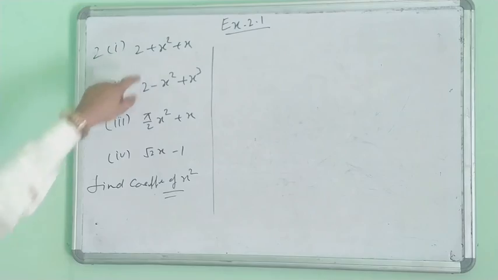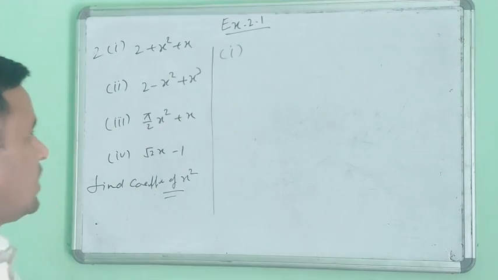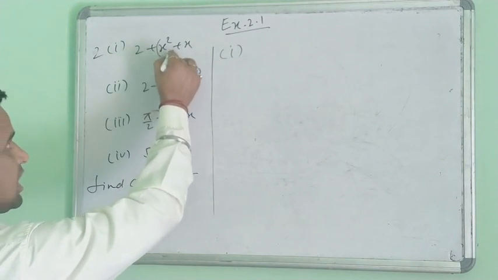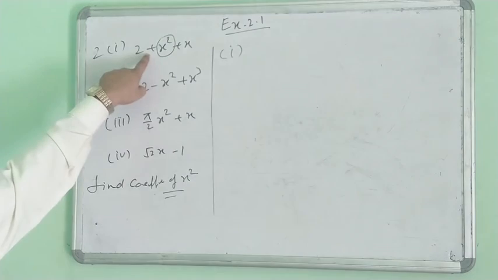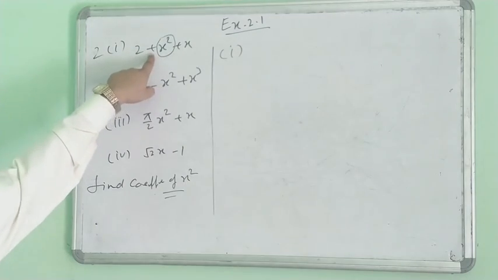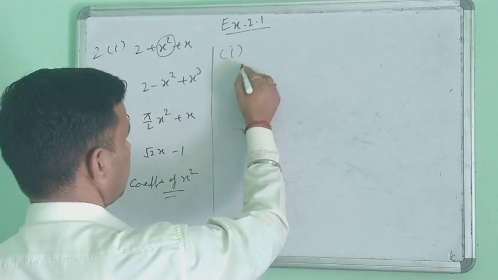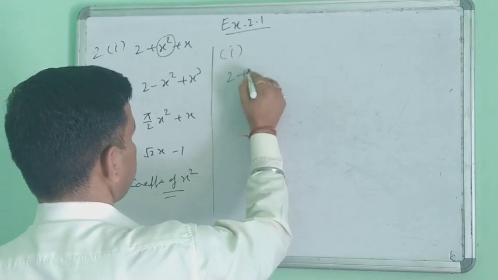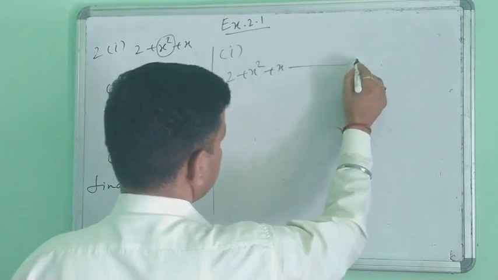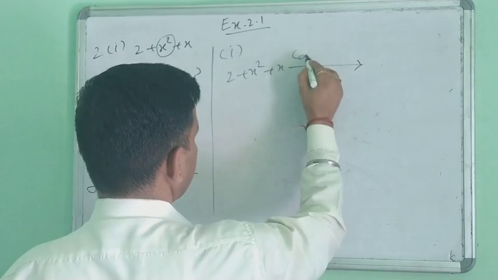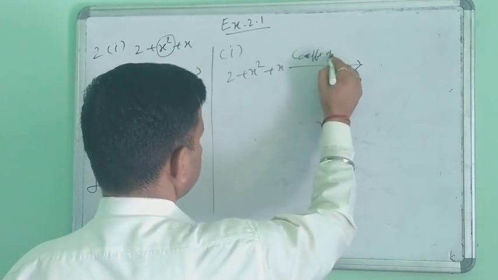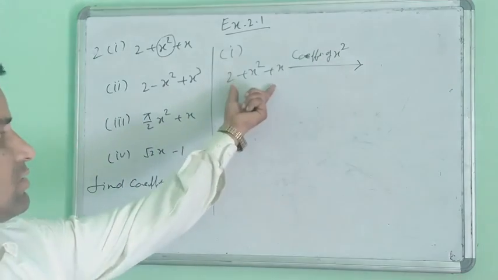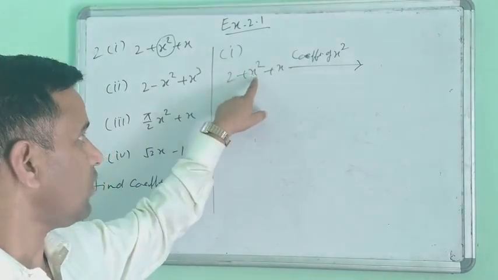So first of all, you check the first part. How to write the answer here? The coefficient means the multiplier number of the x square term, on the outside of the plus sign. Then you can write the coefficient of x square in 2 plus x square plus x. In this expression, what do you require here? You require only the coefficient of